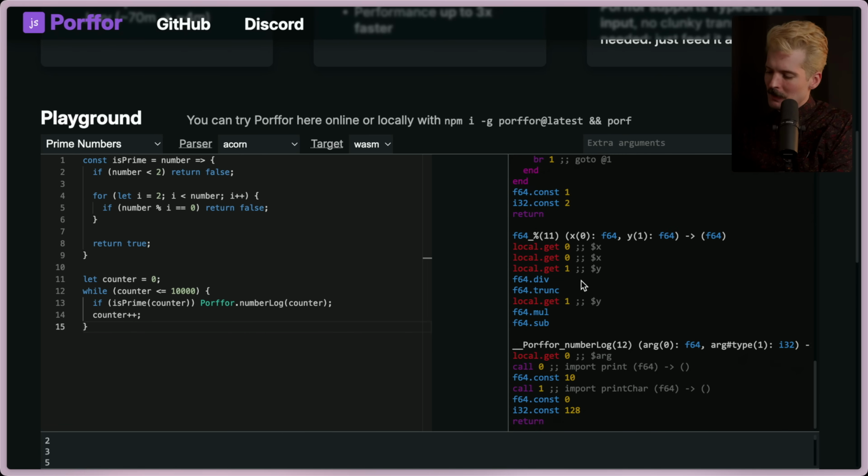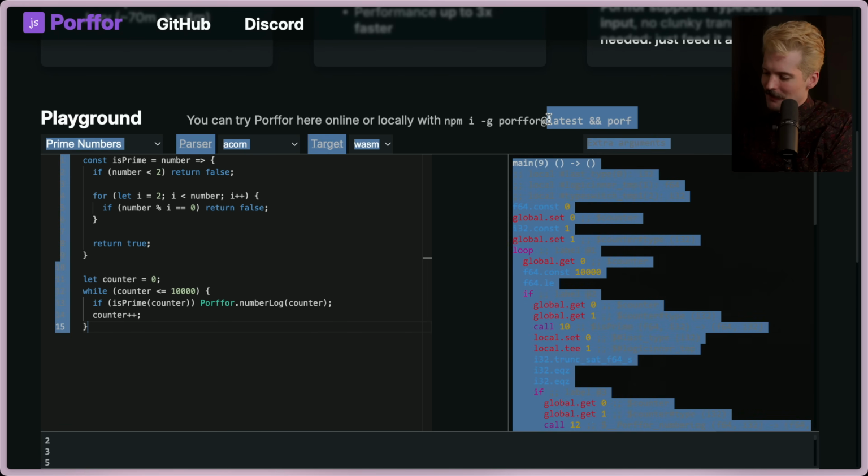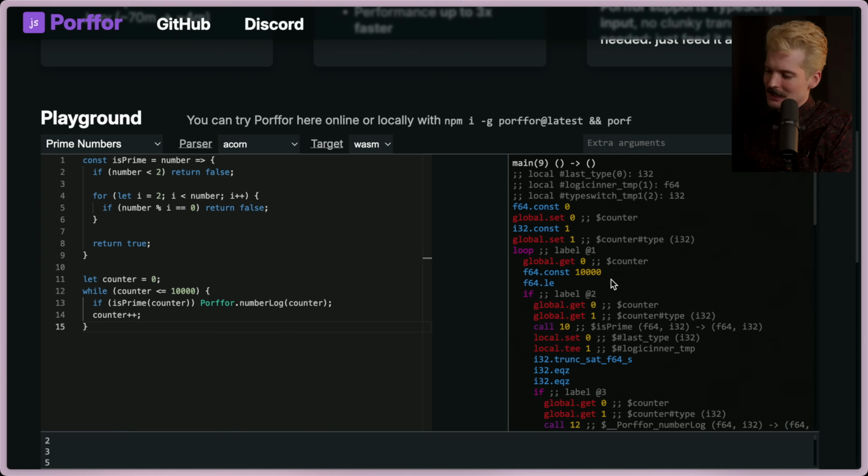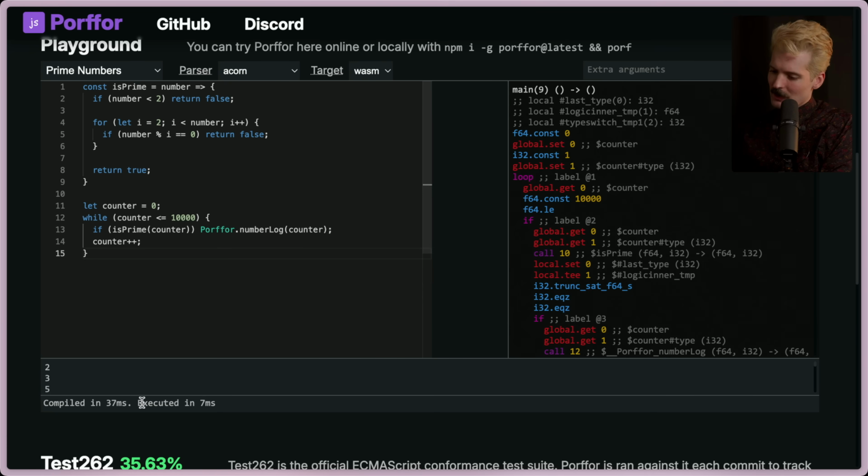And it's very WASM-y. It very much has that assembly vibe that nobody would want to actually write. But what's happening here is it's compiling out this JavaScript code and turning it into WASM ahead of time. So the same way TypeScript's compiled to JS, this is taking JS and compiling it to WASM. Note that I said JS though, because it's one of the most interesting aspects of what's going on here. It's not relying on TypeScript as much as other solutions do. So this code executed in 7 milliseconds.